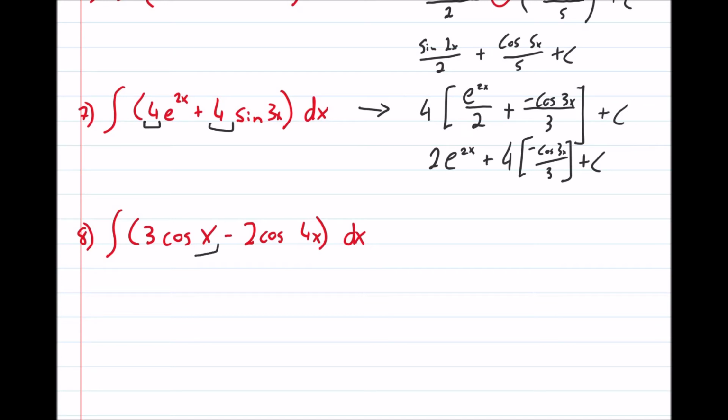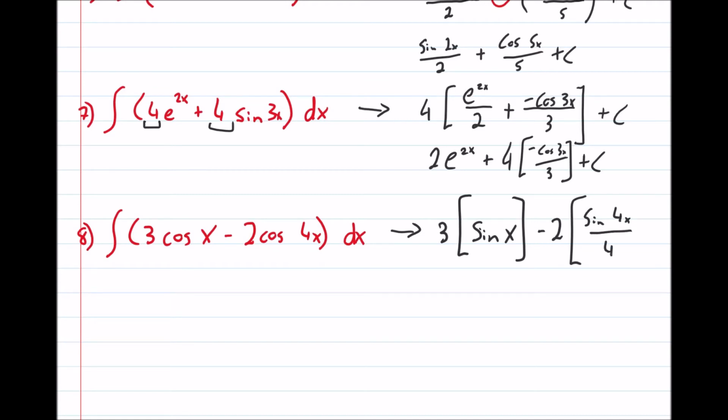However, with this one, we have a 3 here, and we have a 2 here, so we're going to have to put 2 sets of brackets, right? But that's no problem. Okay, so what we have here then is we take out our 3, and cos x integrated is sine x, and then we have minus 2, we take that out, and cos 4x integrated is sine 4x over 4 plus c,